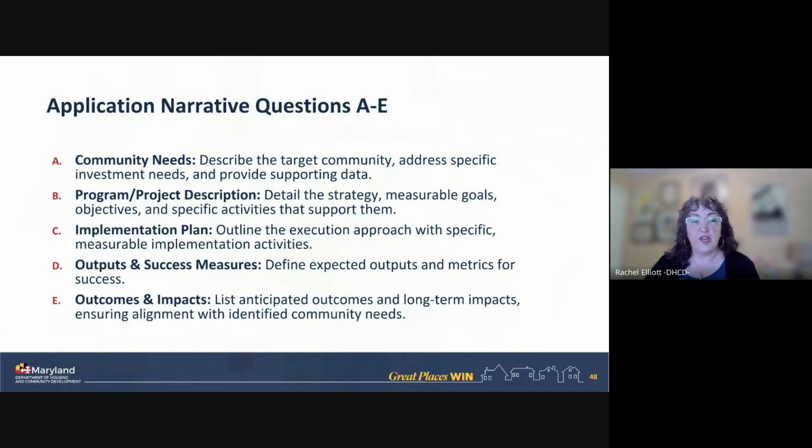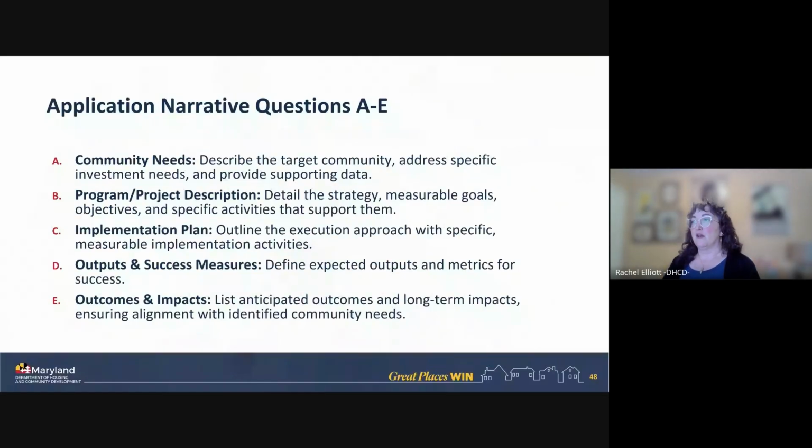We have changed the narrative body of the proposal significantly, and so questions A through E we have made a little bit more like a traditional grant application. Hopefully many of you have written proposals previously that you can base this on, doing some cutting and pasting and editing so that you can reduce the time you spend writing this proposal.